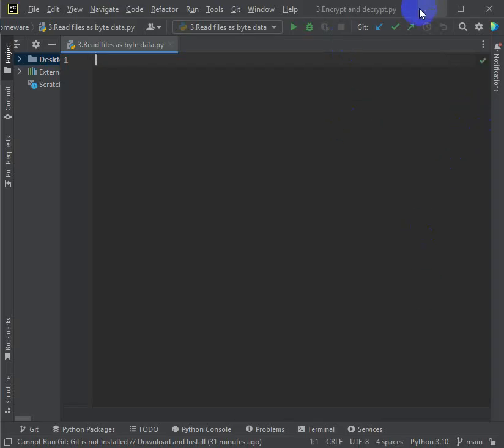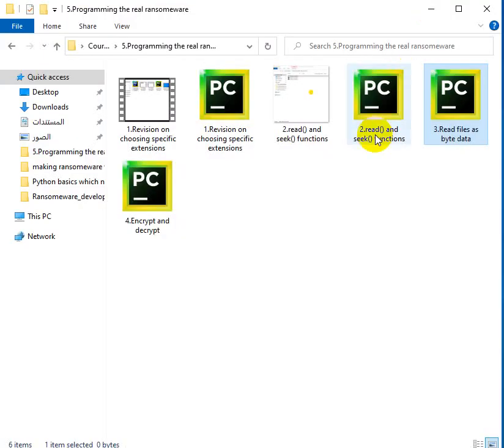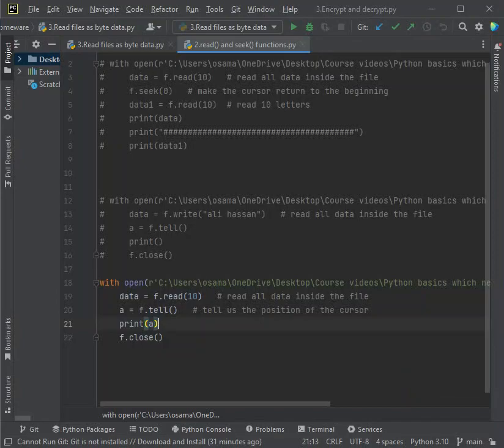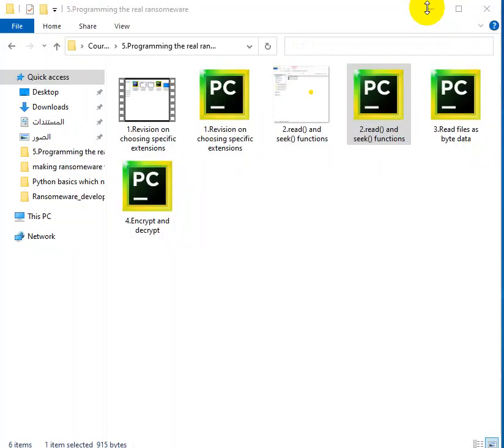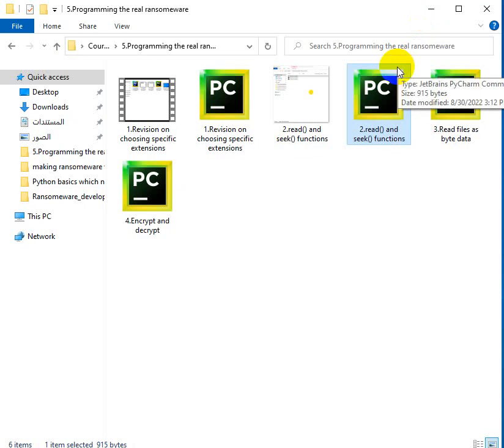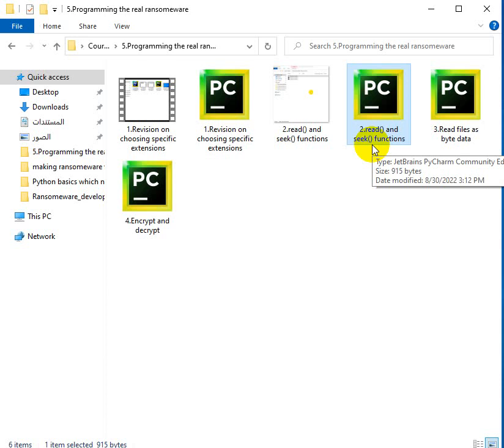In the previous lesson, we tried to read a file, but it was a text file. As you see, we read data from a text file. And as you know, you can understand the data in a text file because it's written in the English language. But if you wanted to read an MP4, which is a video, or an MP3, which is a sound, the same way you read the text file, you can't do this